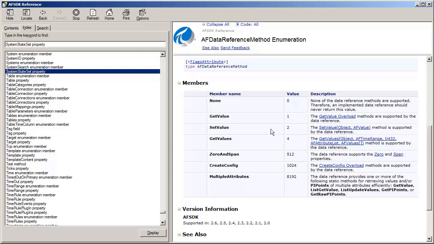So for example, for my supported methods, I would say that I implement getValue, and then even though we don't override the getValues, we're going to say we support that. That's fine, because the base implementation can be used, and the SDK will know what to do. It'll just end up calling our getValue method as many times as needed for that list of inputs that it gets for a time range.